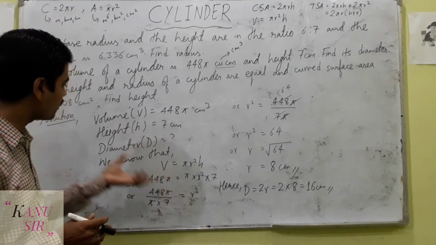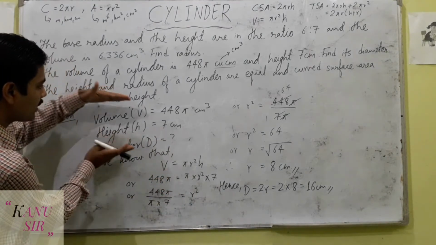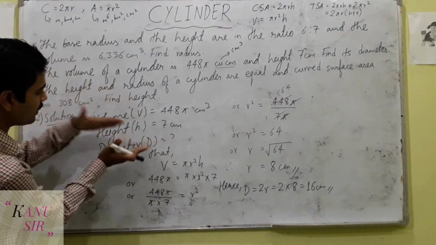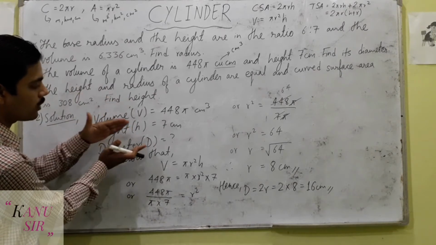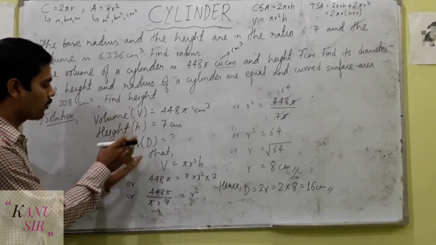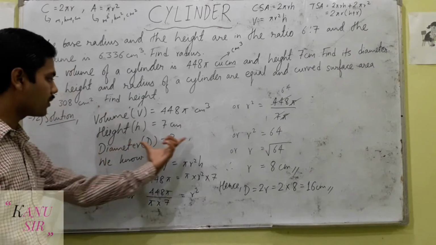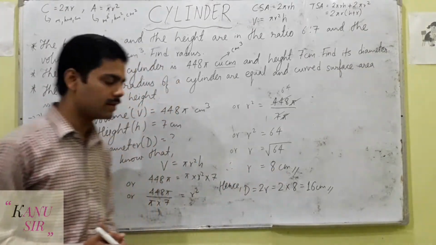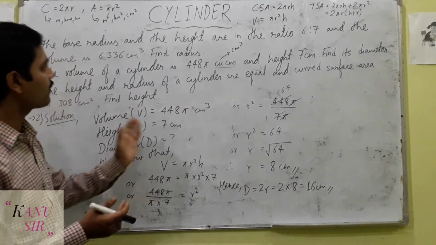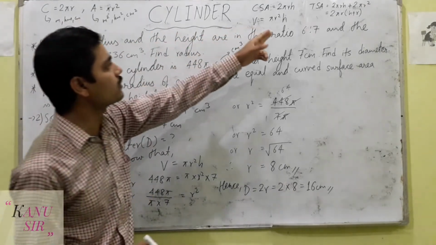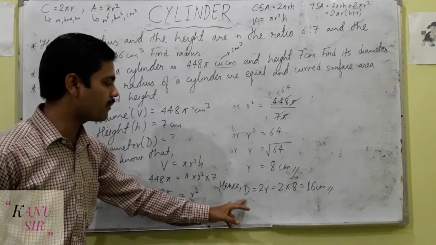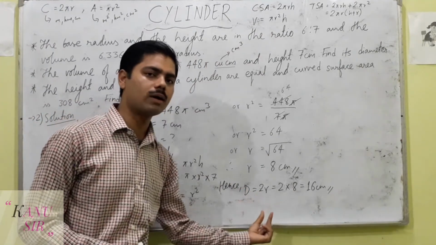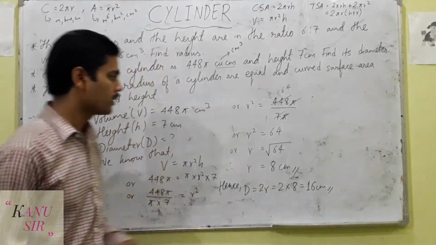That is why you must write what the given data in the question is and what the required answer is. What the question has requested to find, you must denote here. Still some students forget to find the diameter. I have suggested you memorize this, then how can we get diameter? Because we know diameter is 2r. So that is not a big problem.